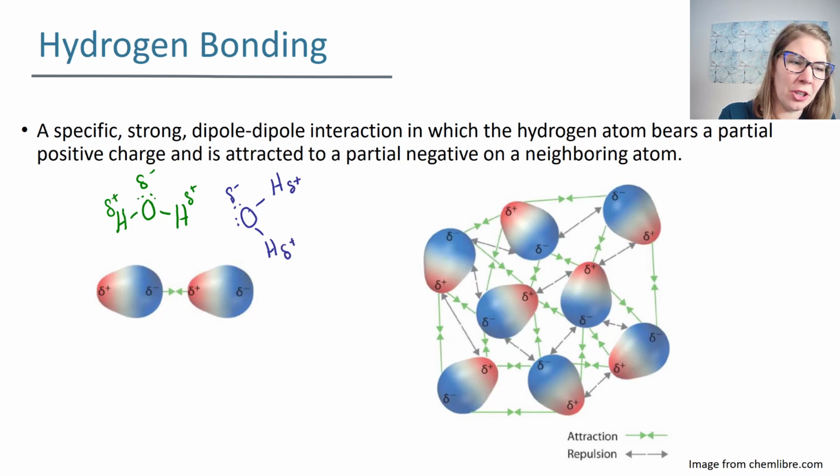And that attraction is going to be these dashed lines that I'm highlighting in yellow, right? The attraction between the two molecules, that is your hydrogen bond, right? So this right here